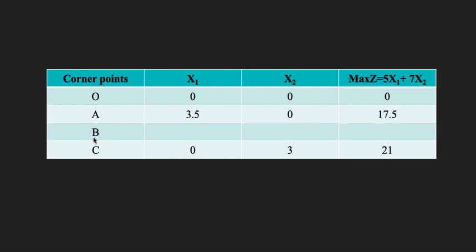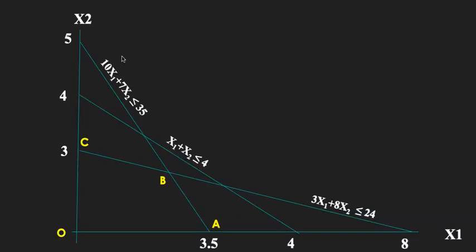Now we have to find out the value of x1 and x2 at point B. Let us go back here. At this point B, there are 2 ways. One is if you are plotting this on a graph, you can directly draw one perpendicular from this point to here, and one more line perpendicular to this, and you can find out the values there. Now if we don't have that, what are we going to do? We are going to see which 2 lines are intersecting here.